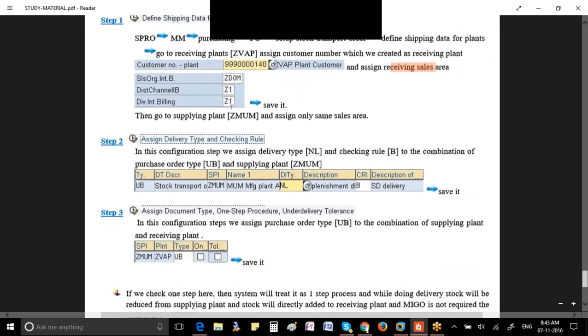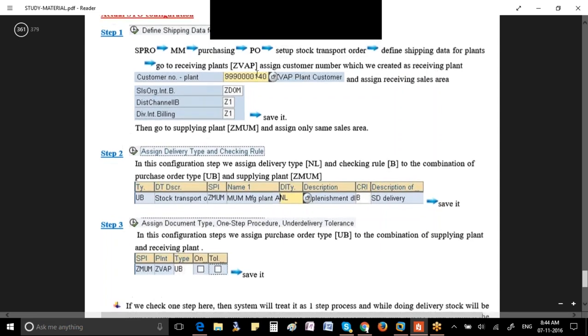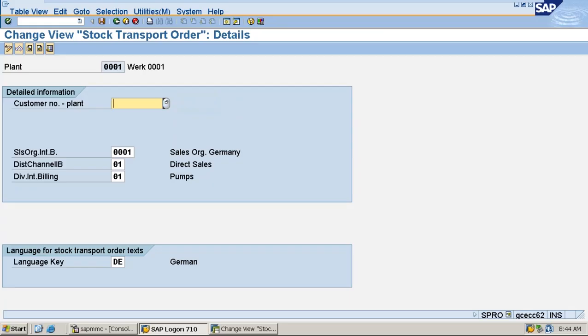Then next you go to the supplying plant, and there you just mention only the sales area. That's it, you need not mention a number, because the supplying plant itself is a vendor, so you don't have any number there, so just maintain it here. So this is the first step, maintaining the customer and sales areas. Okay, once this is done, come back